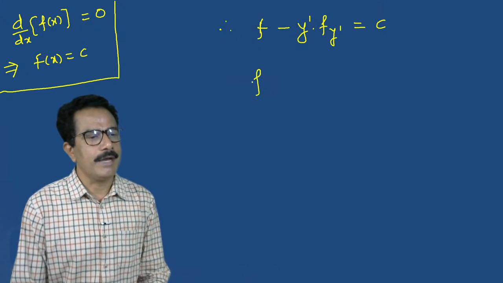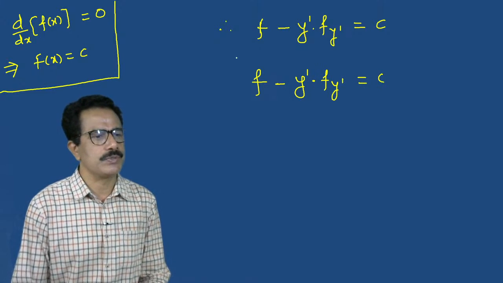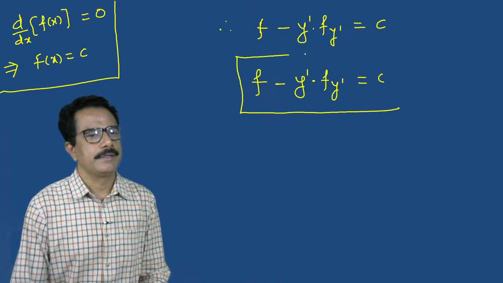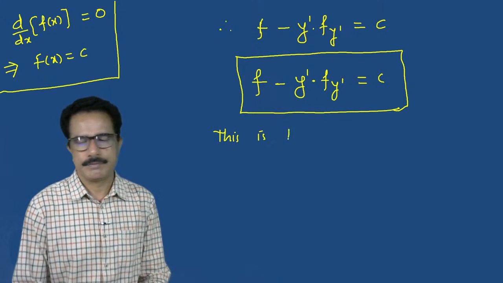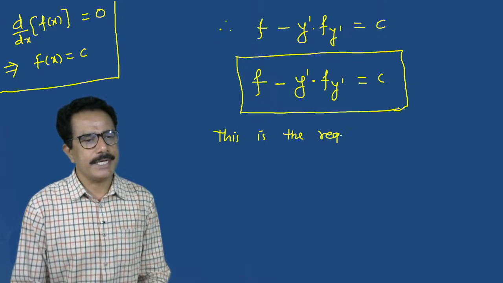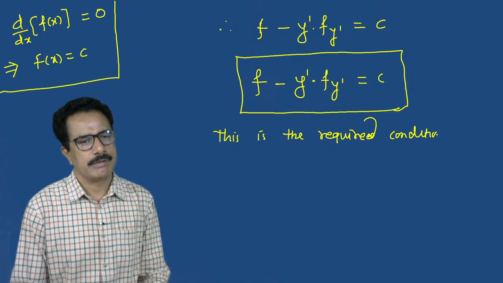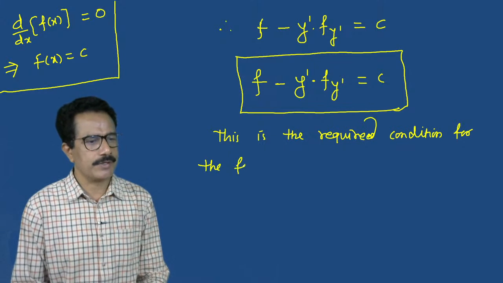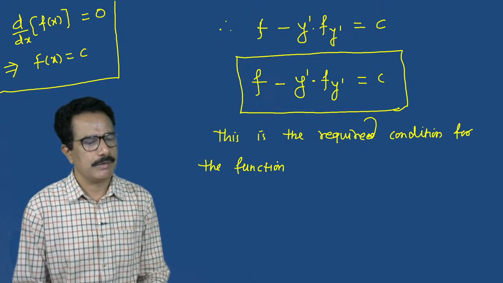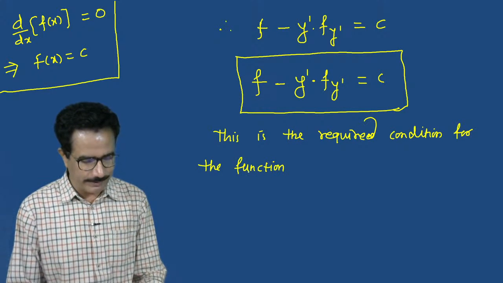So f minus y dash into Fy dash is equals to c. This is the required condition for the Euler equation,